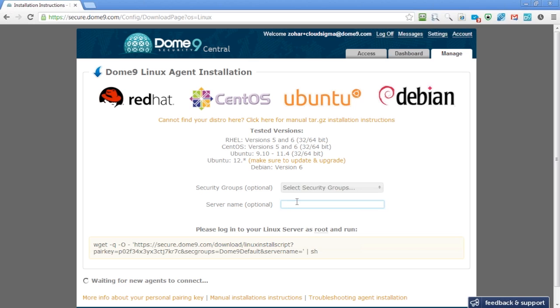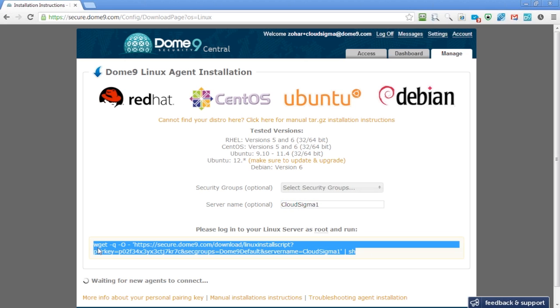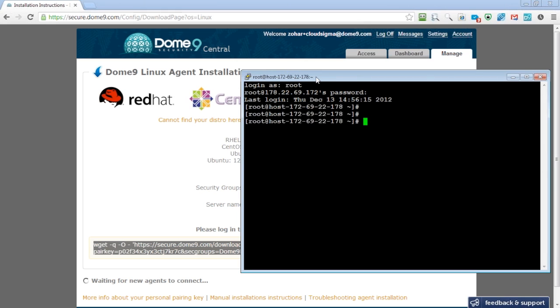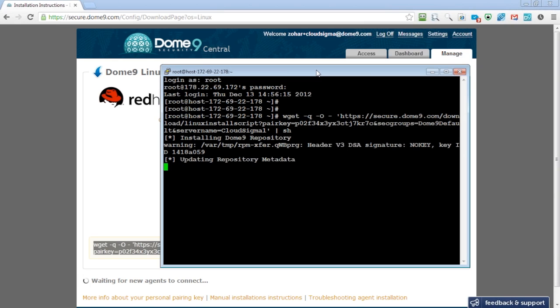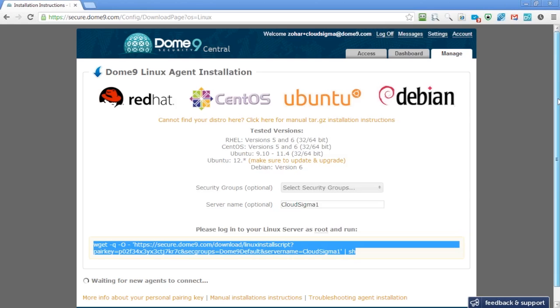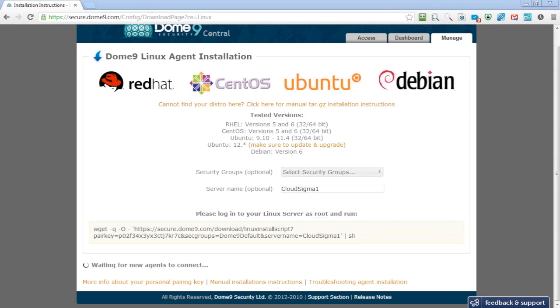We give it the default security group, we give it the name CloudSigma 1, and we copy this one line of script back to the SSH shell, and we will paste it. Essentially what this does is logs in, downloads the most updated, the most recent Dome9 agent, and as you'll see here in a second,